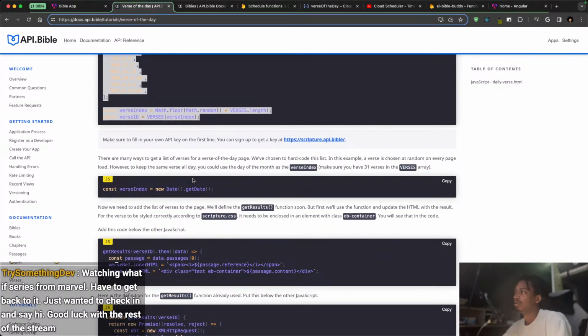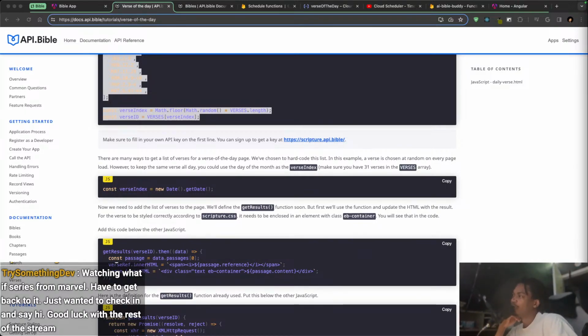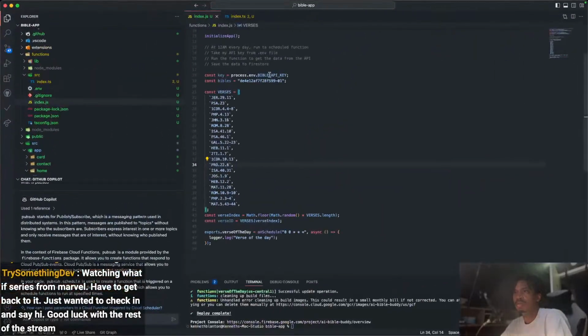You can create an object with, I really wish it would show up on my screen, but you can create the object with each version as a key and the token as the value. Wait. You mean